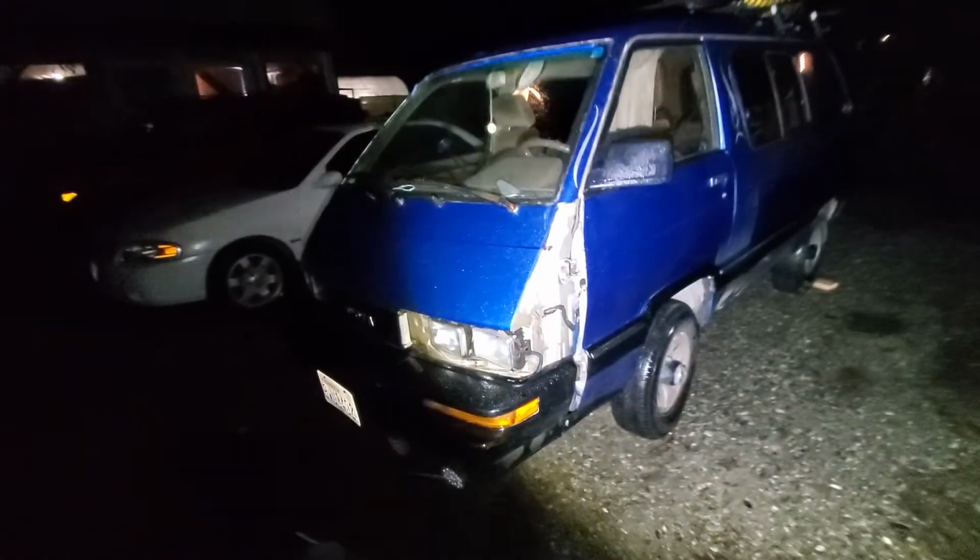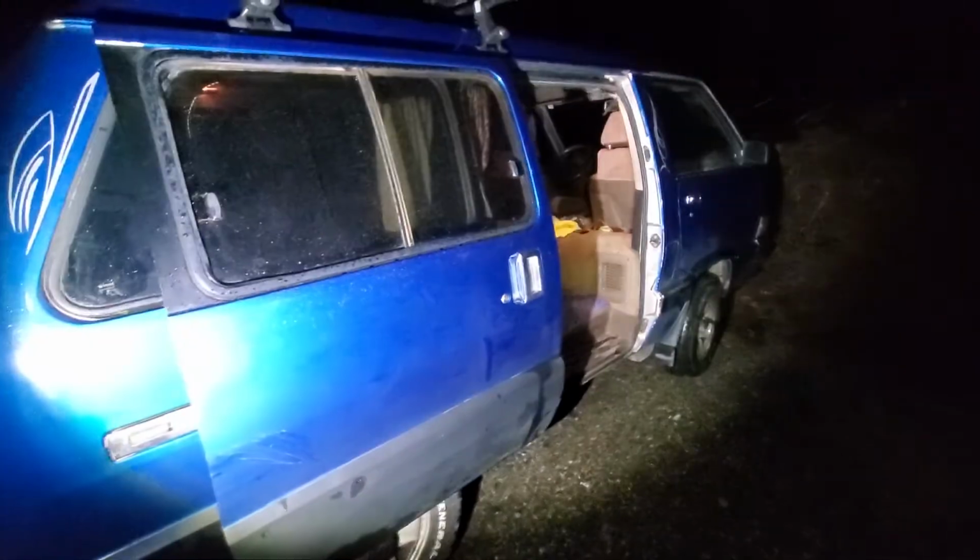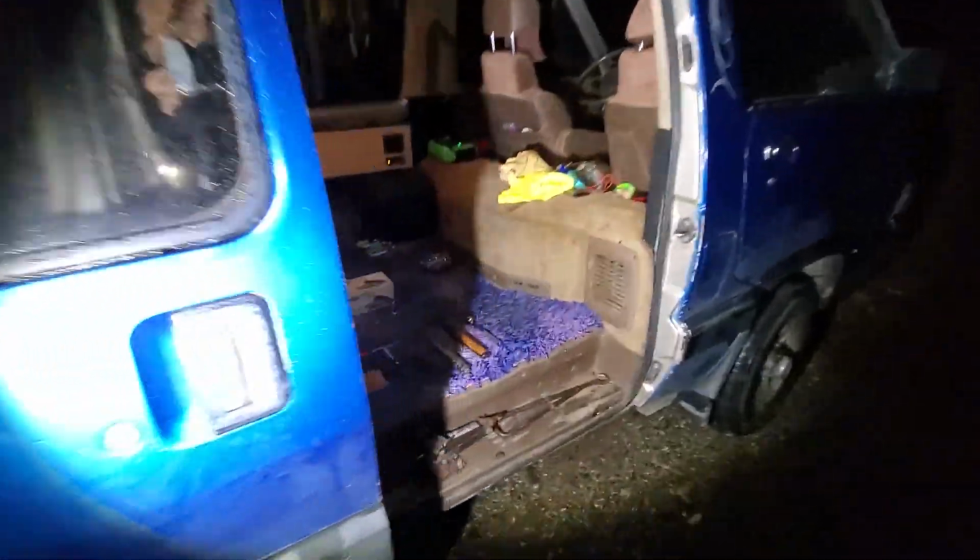It is a dark and rainy night in northern Washington, but we're still going to work on the greatest vehicle ever designed by human beings, the 1987 4x4 Toyota van. What you're going to need